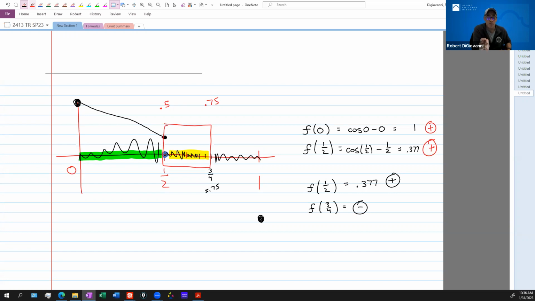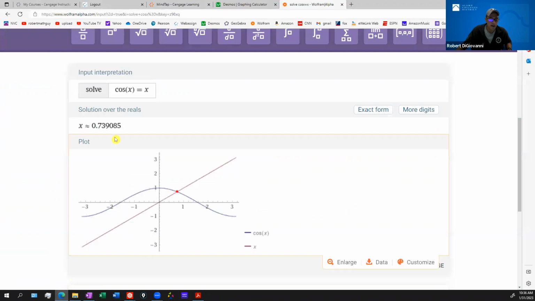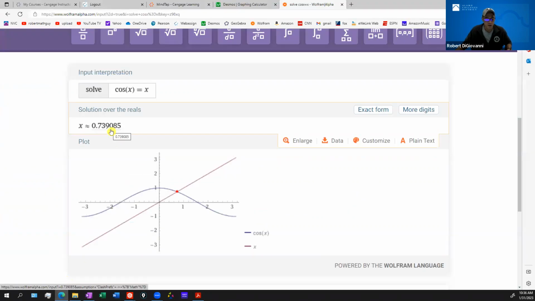I could have a computer do this millions of times in a fraction of a second. It could run this program and it'll take that interval down so small that you'll basically be such a small interval that you can approximate your answer, because your interval is almost down to a single point. And that is exactly what happened when we went here and we got this answer. This computer, what it did in the blink of an eye,